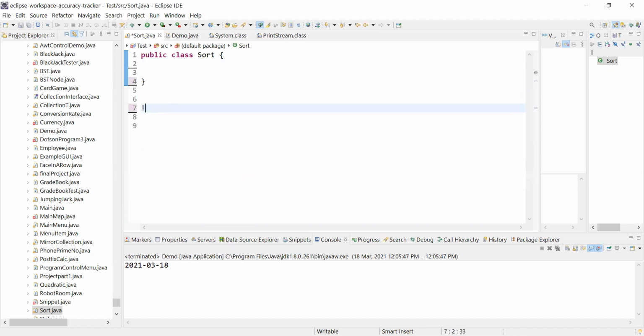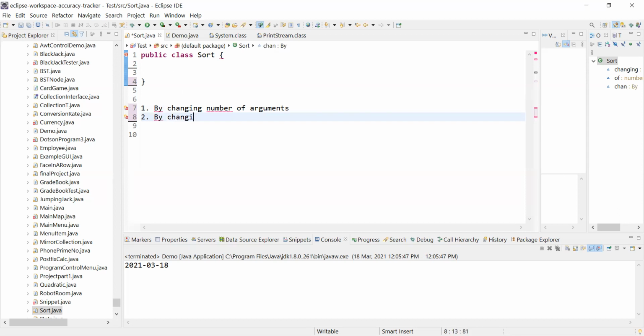The first way is by changing the number of arguments, and the second is by changing the data type of arguments.